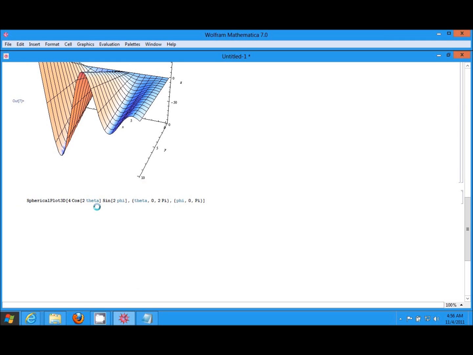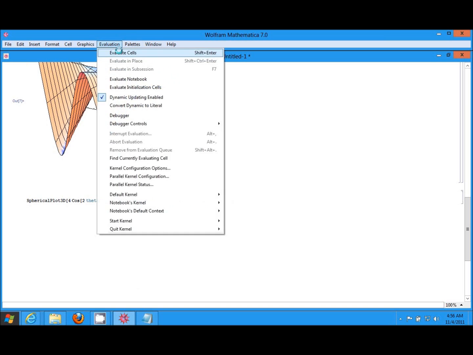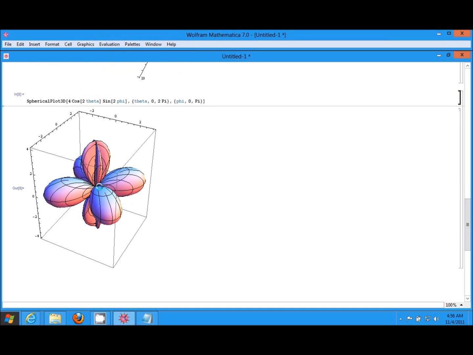So here is the equation in terms of theta and phi. Here is the range of theta, and here is the range of phi. Now if we go on and graph this, we get a raw figure,